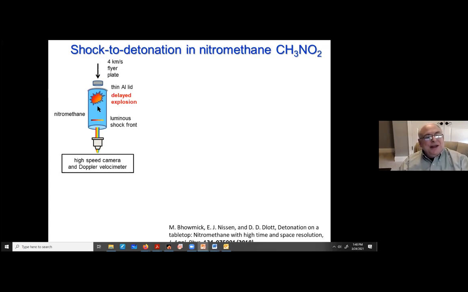And what it's going to do is catch up to this shock front, collide with it, and speed it up enough to turn it into a detonation. And there's this word that everybody loves. This is called the super detonation, because it's a detonation in a material that's already been compressed to higher density. But this is what you want to remember, okay? That there's a shock front with an explosion a little time behind it. And here's the temperature measurement. It very quickly, after a few nanoseconds, goes up to 3,200 degrees.